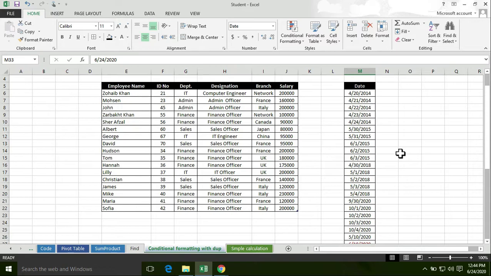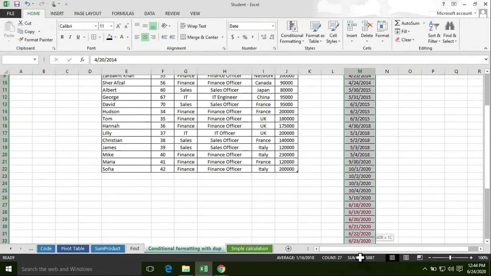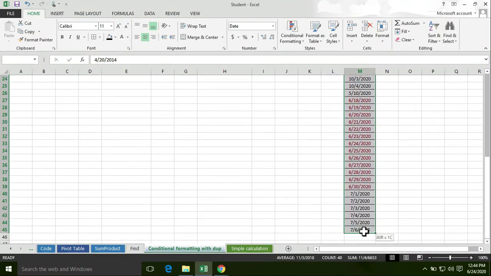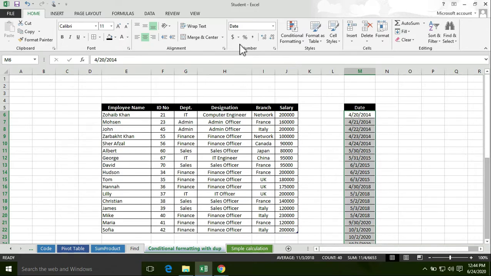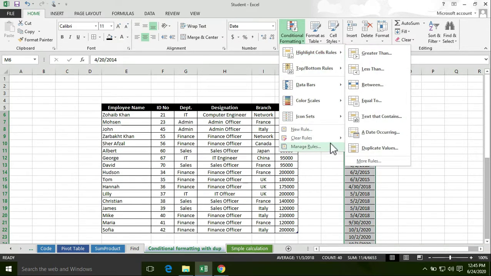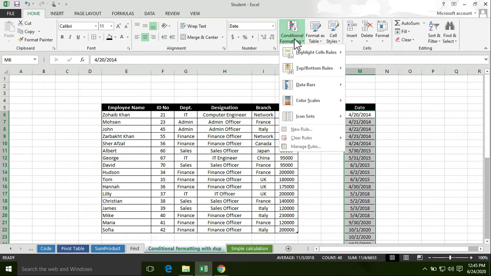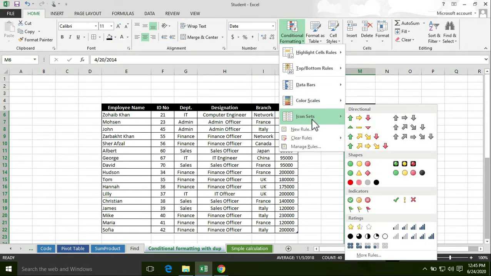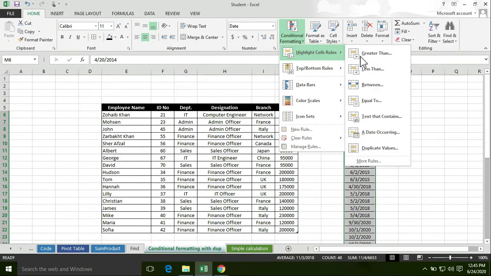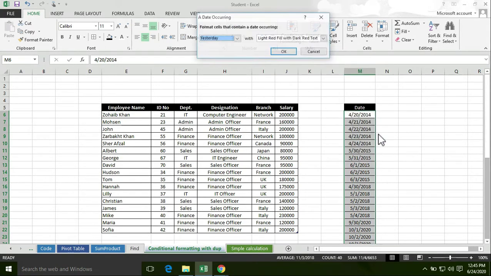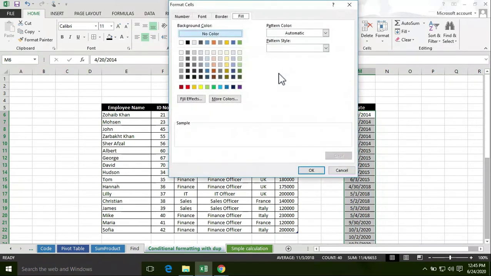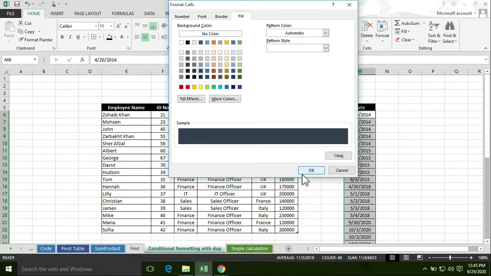So you can also plot out the different dates. So in conditional formatting, now remove this applied format. Select this whole data set and then click on conditional formatting under the home tab, then select clear rules. Rules are cleared. Now once again I'm going to apply different formatting. Select date occurring. Now this time I'm going to apply last week. Click on the last week option, then select custom format, then select purple.